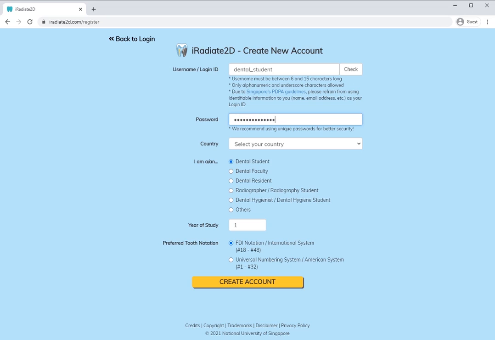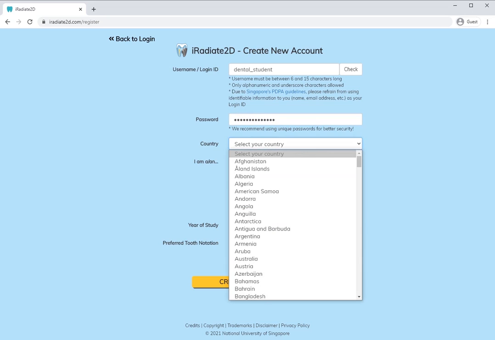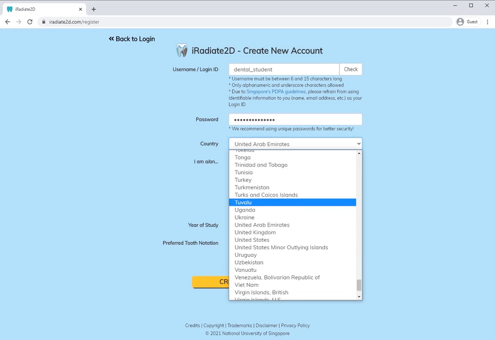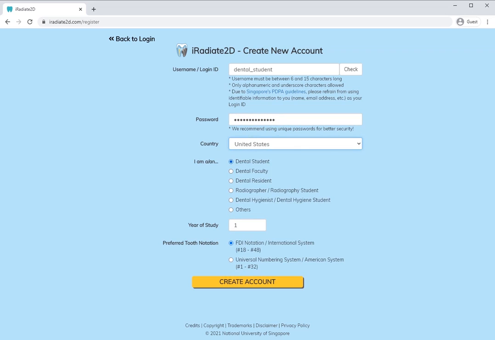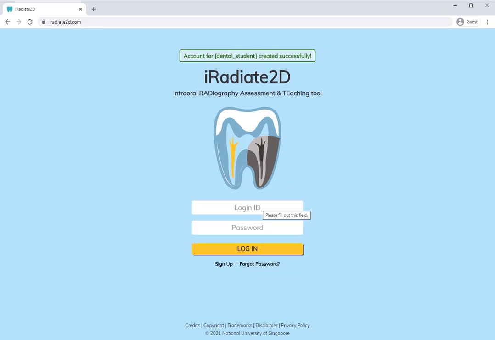And because we'd like to know where you're from, we'll ask you to select your country. And for this example, I'm just going to put in United States. And then select whether you're a dental student, faculty, resident, and your year of study if you're a student. And then the last part is important. You need to select your preferred tooth notation. So either tooth number 18 to 48 under the FDI notation, or tooth number 1 to 32 if you're following the American system. So I'm going to select the second option. And then you can create an account. And after this, you can sign in using your new account